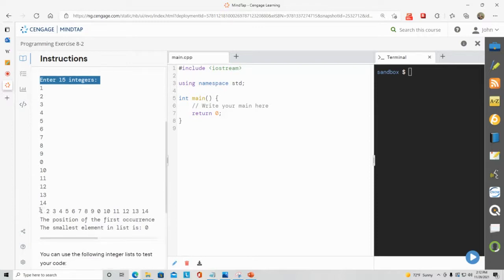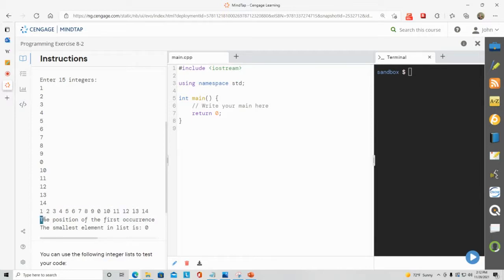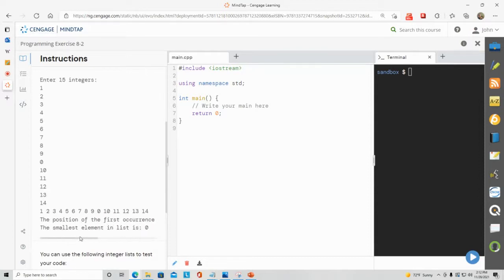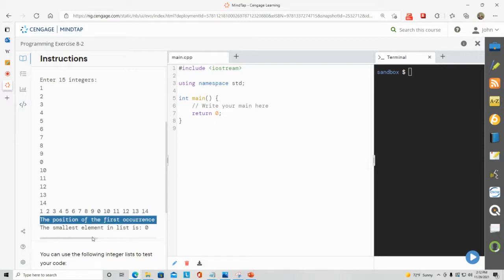So then they want you to output the information this way. So it says 0 through 14. You're listing, you know, your print array is going to list these to the screen. And then you're going to print out this sentence here, through the colon. So it says the position of the first occurrence of the smallest element in list is. So you're not going to put the number 9, but you're looking for the position of the first occurrence of